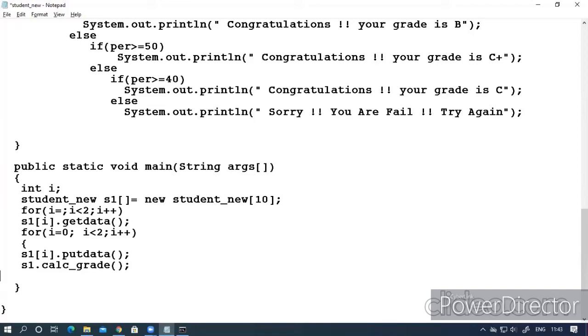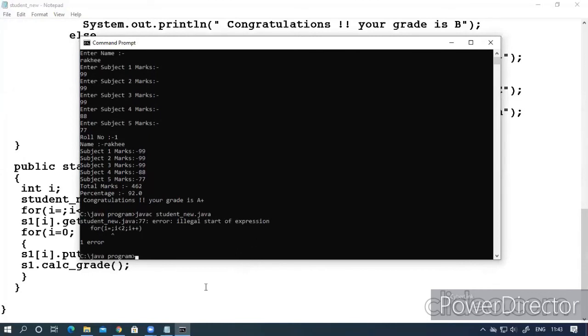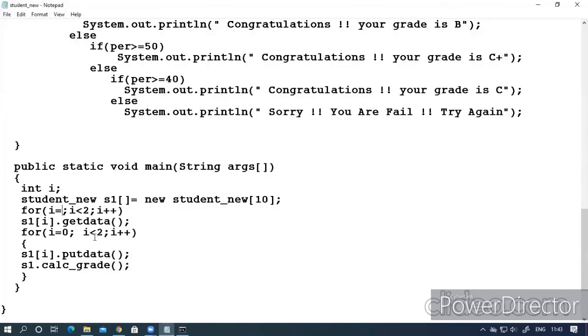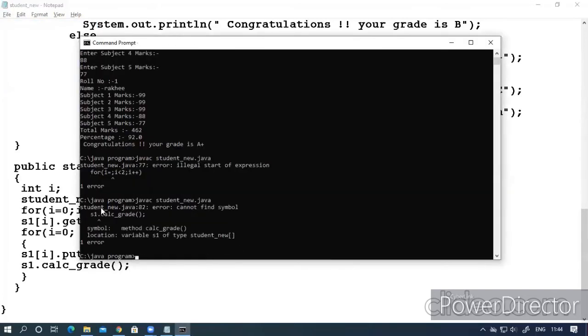Remember, the loops' curly braces should be closed properly. Otherwise, it will create a problem. See this, I had created some mess. Again, I calculate, and now it is giving an error because I had called S1.calc, but S1 is nothing now.